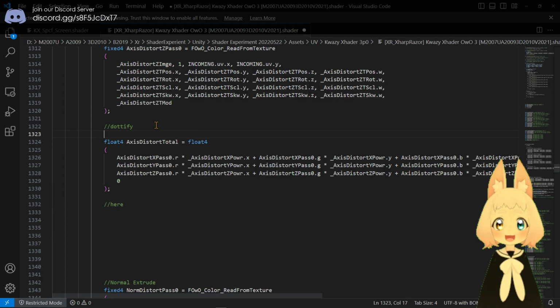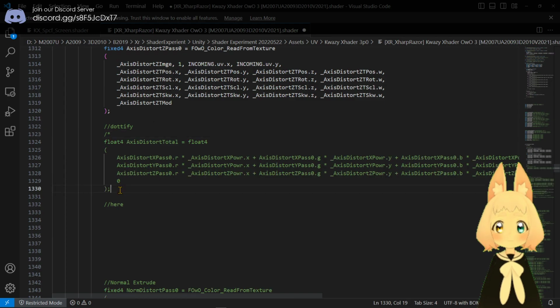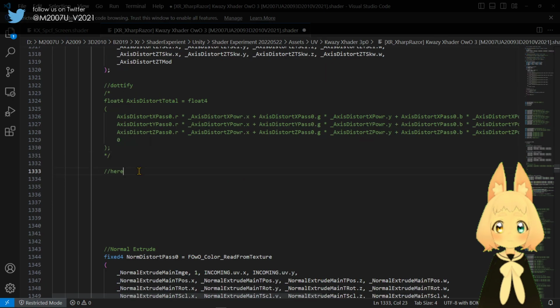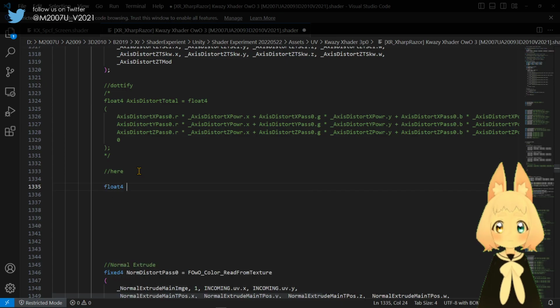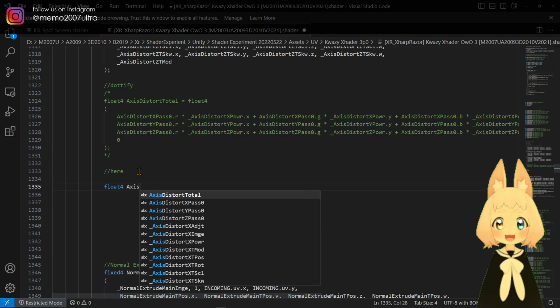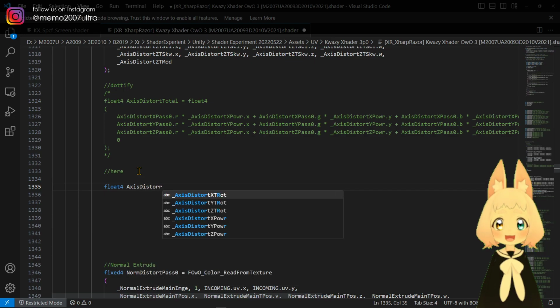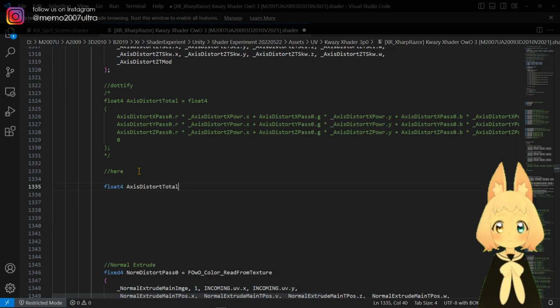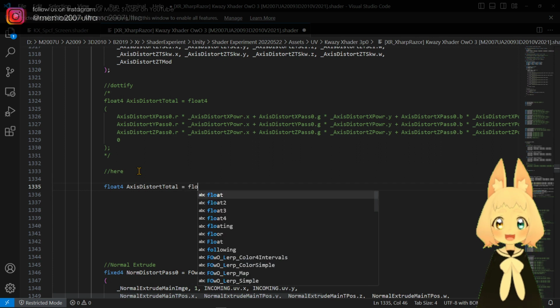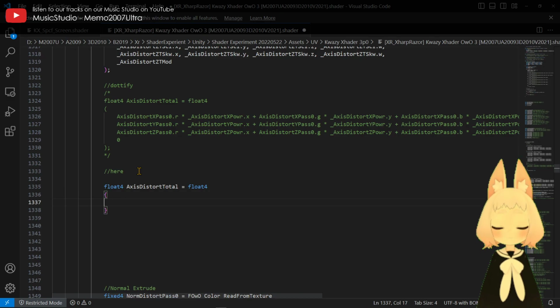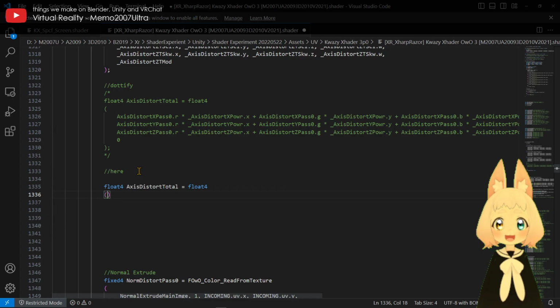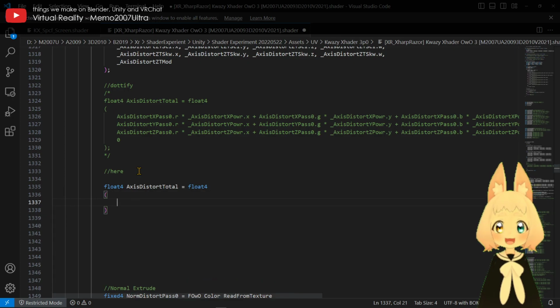So in dotify, we have this to here. Here we have a float4, we call it axis distort total, which is another float4. Bracket it out. Oh wait, no. Bracket it out. Then we have this. Let's take